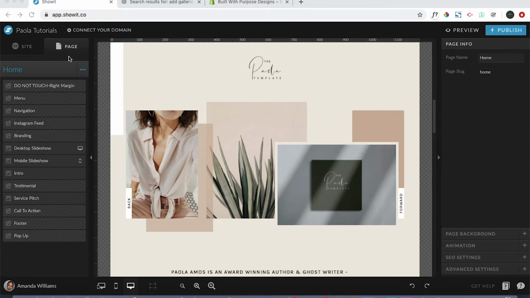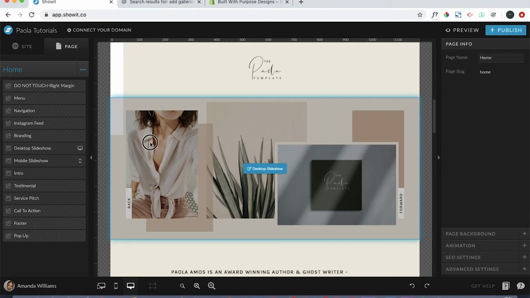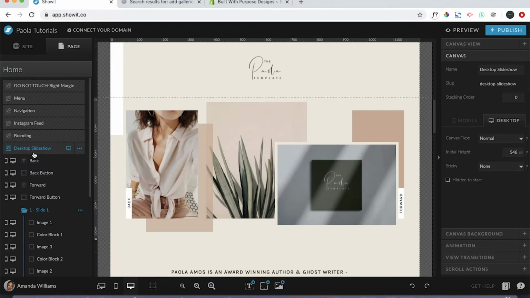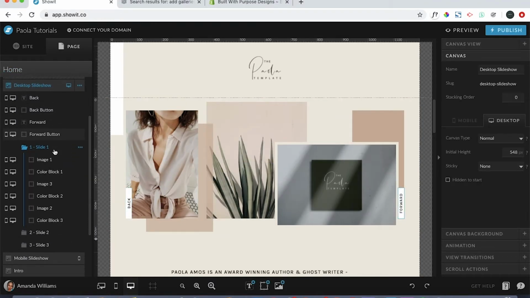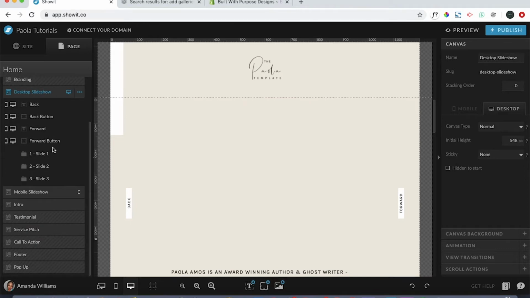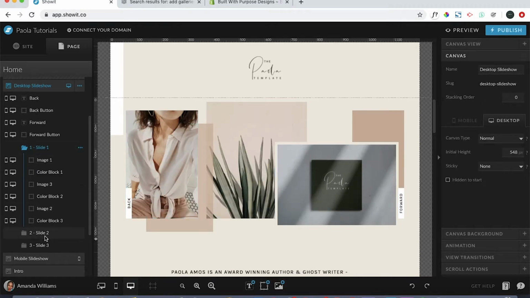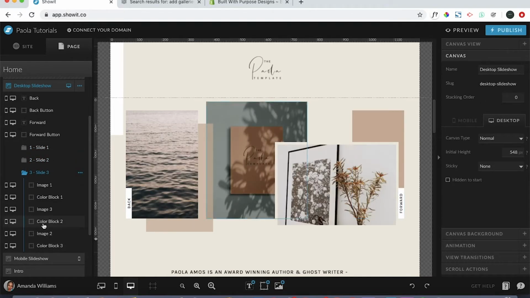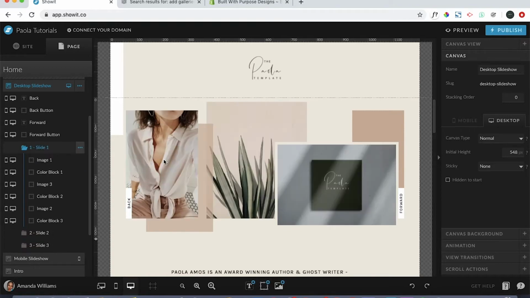right hand corner, if you come down and you select this section, it's the desktop slideshow. It only is shown on the desktop version of this site, but this is where the canvas views actually show. And the canvas views are essentially these folders here that you see. And this is what allows someone to view it as a slideshow when they click on the forward and back